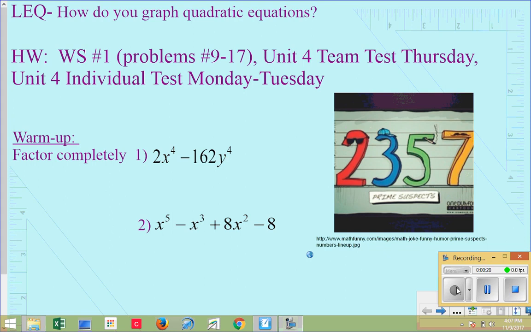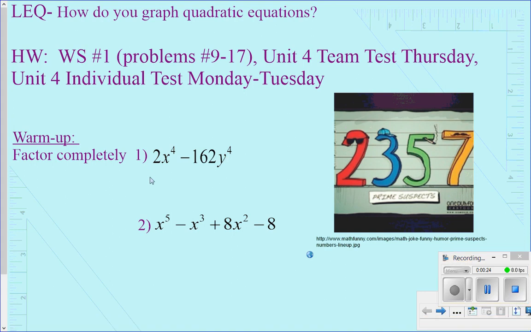So first try for GCF. Looks like there is a GCF. So that's a 2. We're left with x to the 4th minus 81y to the 4th. And hopefully you didn't stop there. That factors further. So that's difference of squares, x squared plus 9y squared, and x squared minus 9y squared,